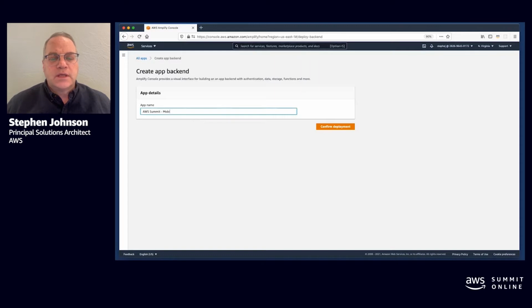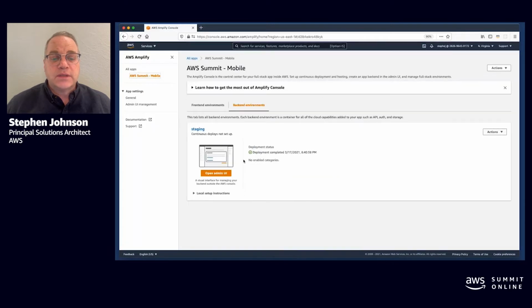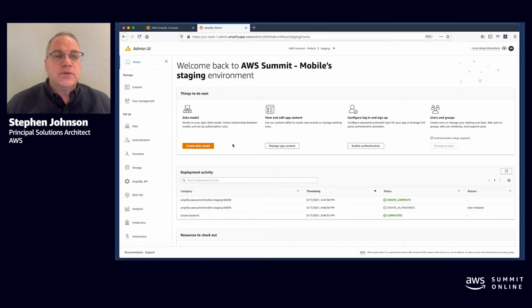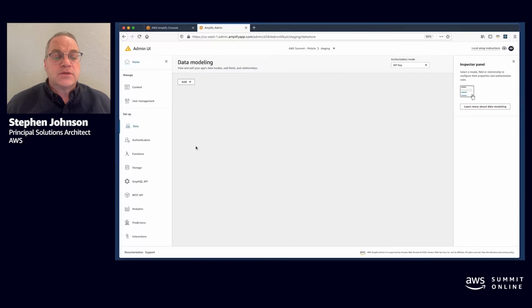Okay, and as I confirm the deployment of that application, it'll be created in my account. And I'm going to go straight to something called the admin UI. Now, the admin UI is like a dashboard for your application, so you can edit things and monitor your application. So let's go right ahead with the data modeling.